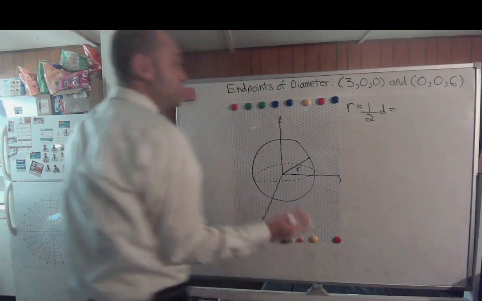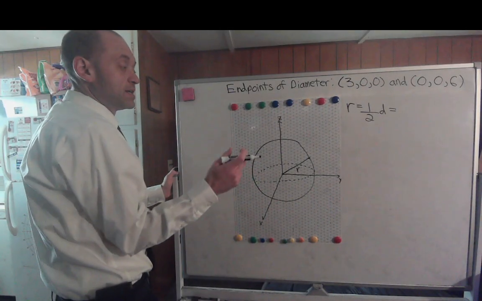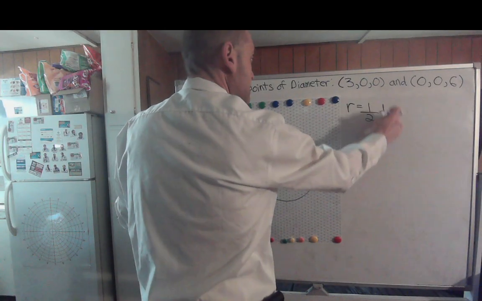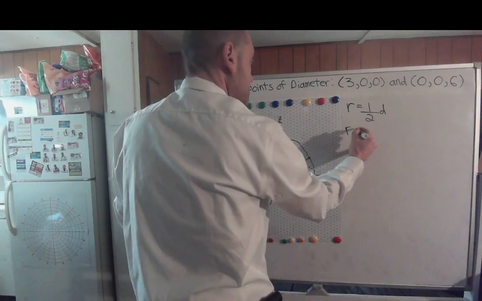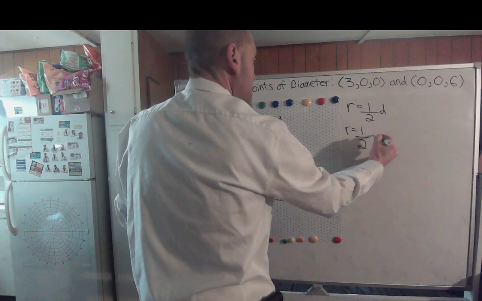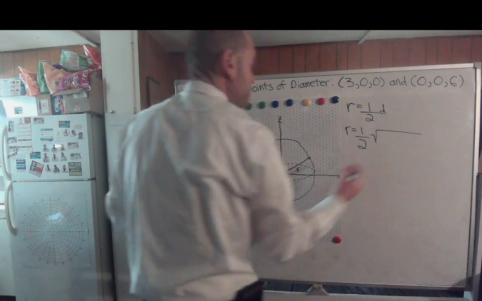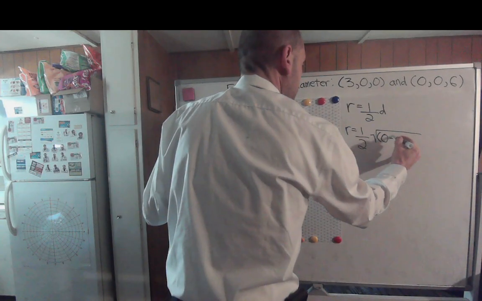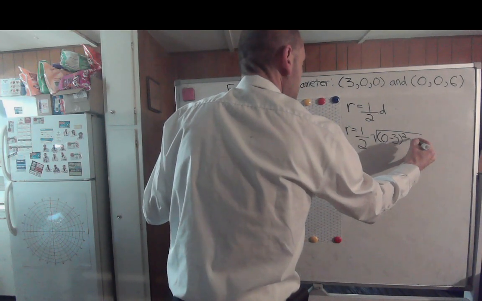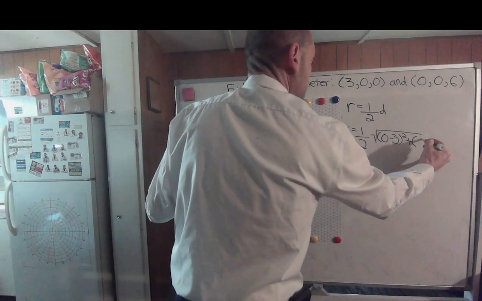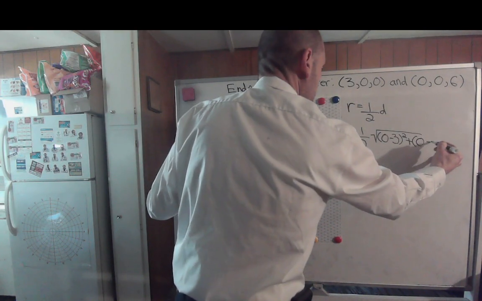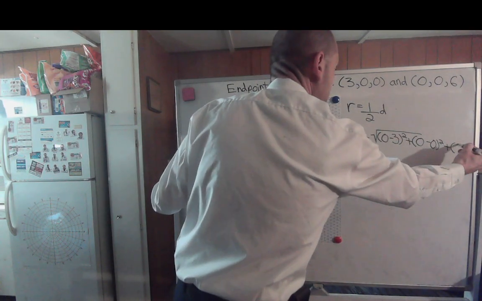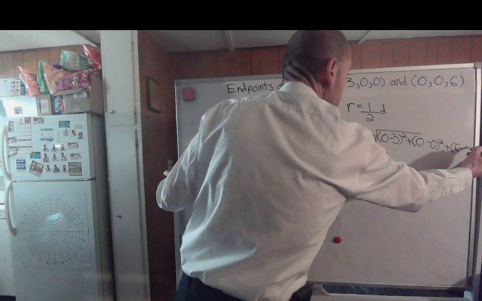So if we want to find the radius, we're going to take 1/2 of the distance formula between these. So the radius would equal 1/2 of that distance formula. So x2 is 0 minus x1 being 3, quantity squared, plus y2 is 0 minus y1 is 0 squared, plus z2 is 6 minus z1, which is 0 squared,